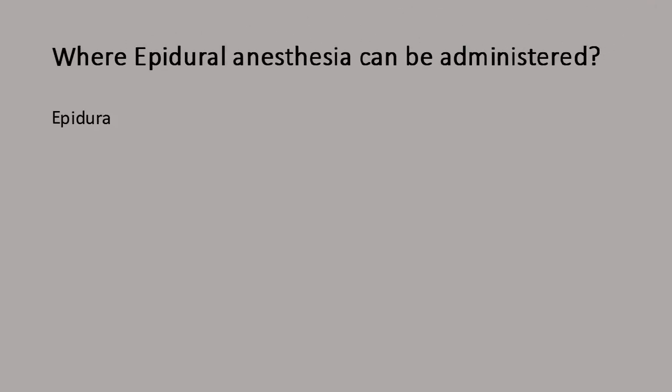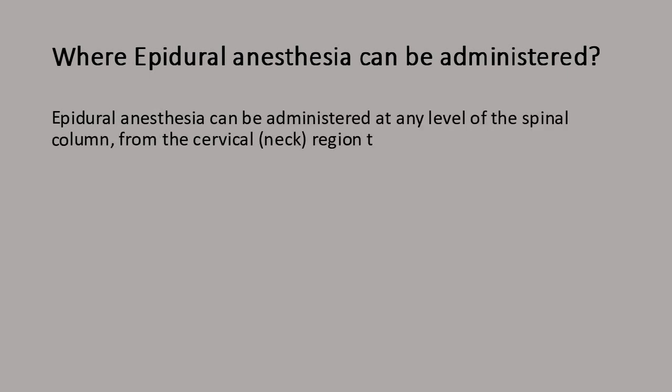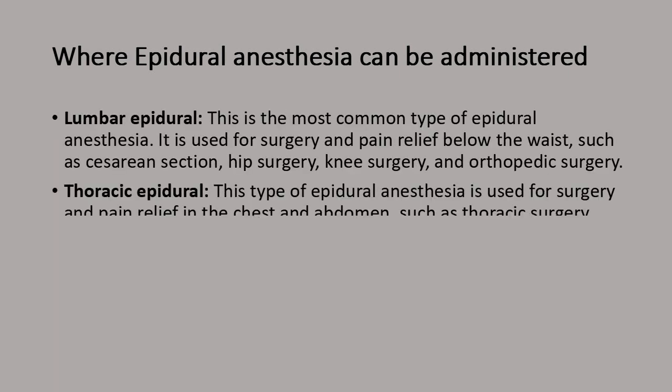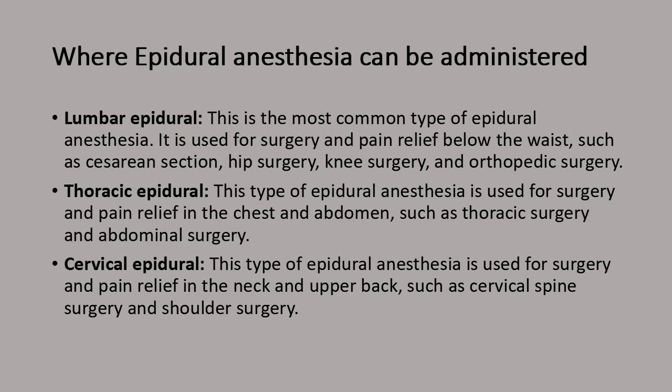Where epidural anesthesia can be administered. Epidural anesthesia can be administered at any level of the spinal column, from the cervical, neck, region to the lumbar, lower back, region. Lumbar epidural, this is the most common type of epidural anesthesia. It is used for surgery and pain relief below the waist, such as cesarean section, hip surgery, knee surgery, and orthopedic surgery. Thoracic epidural, this type of epidural anesthesia is used for surgery and pain relief in the chest and